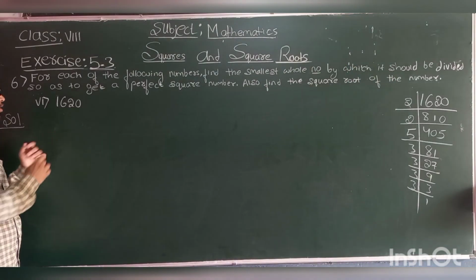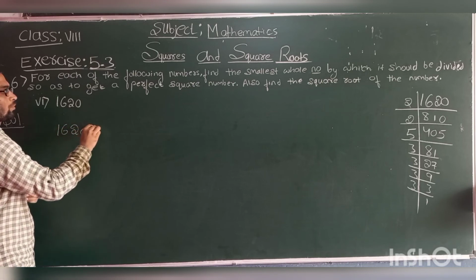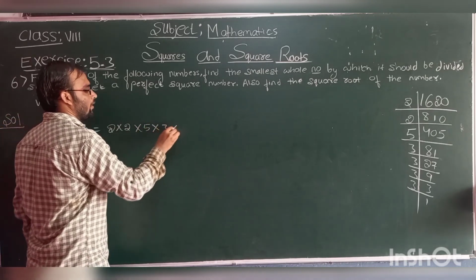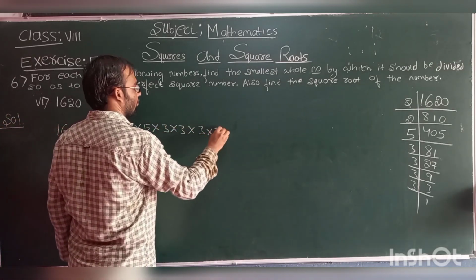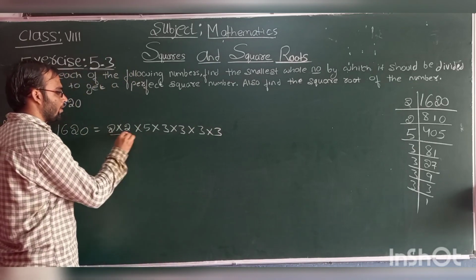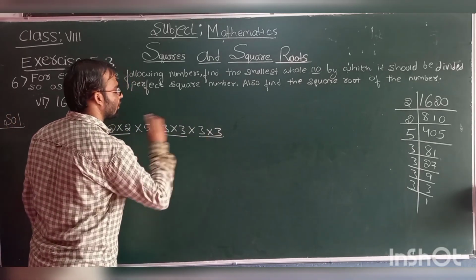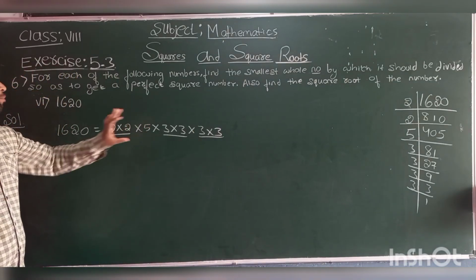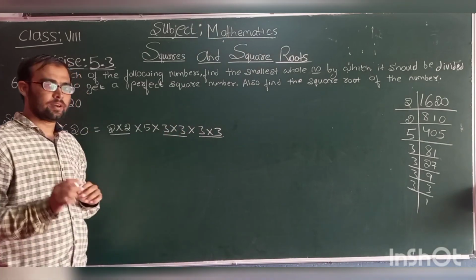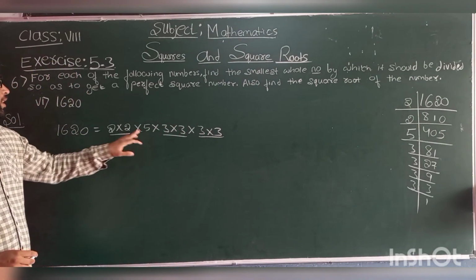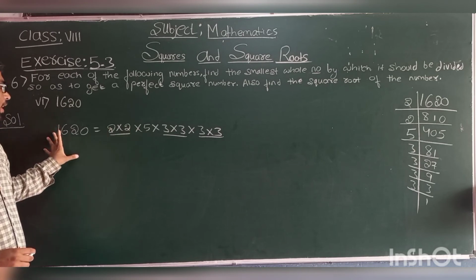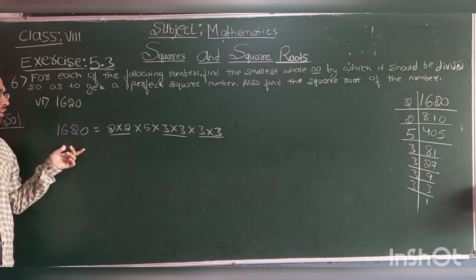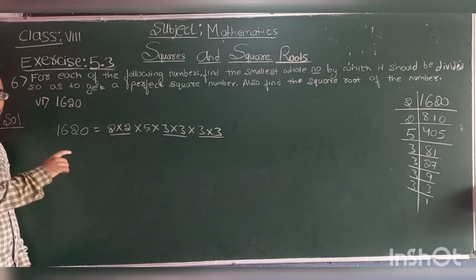So now we will write the factors of this number. Okay, 2 2 5 3 3. Now pair the numbers. Okay. So now look here, students. 5 is not in a pair. Okay, so when we remove 5, what will we get? We will get only paired factors. Okay, so what is meant by this? As 5 is not in a pair, when we divide 1620 by 5, we will get a perfect square.